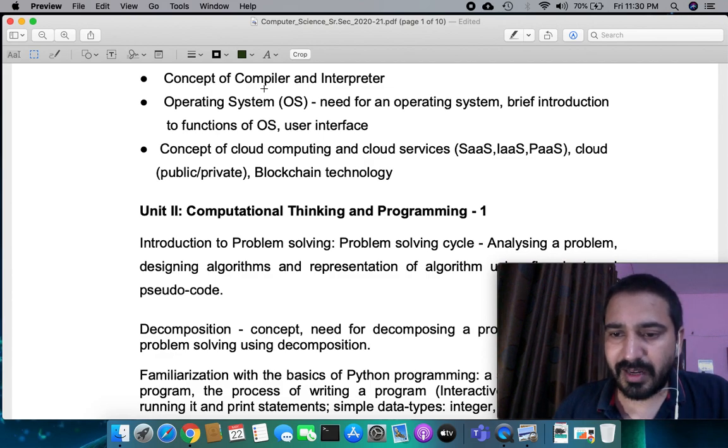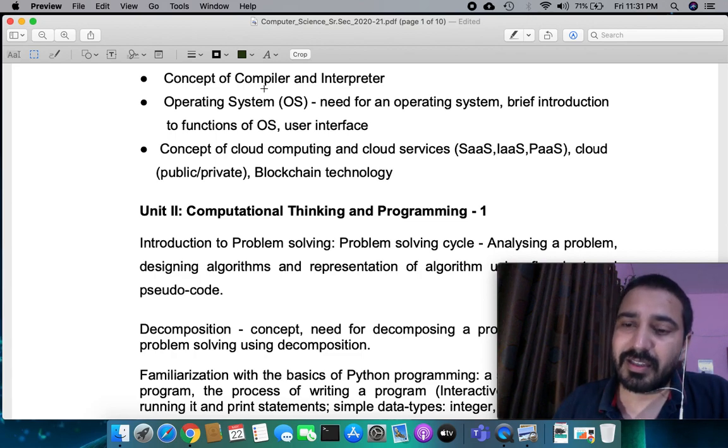So I write a program in C language, using C's grammar and syntax, and put it in a .c file. .c is the extension, let's say my first program, or hello world.c. So .c means this file should be compiled using the C compiler. Once I compile that file, compile means I make an intermediate file that can be understood by the computer.